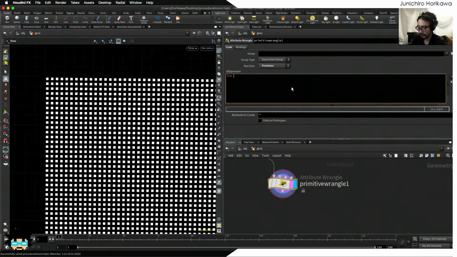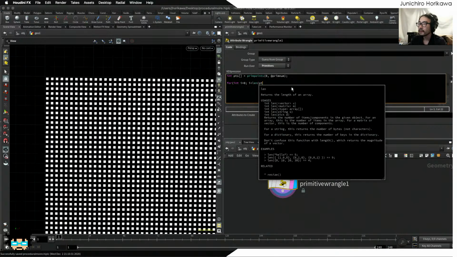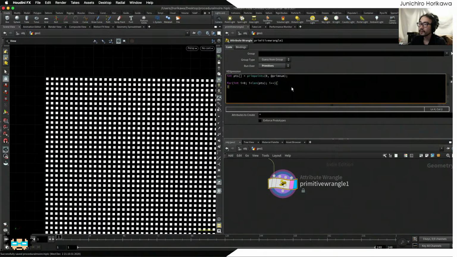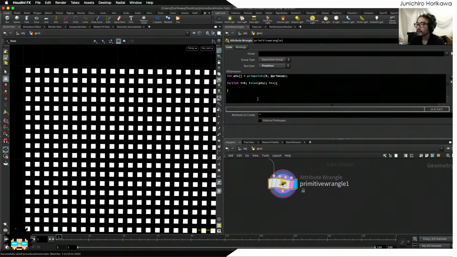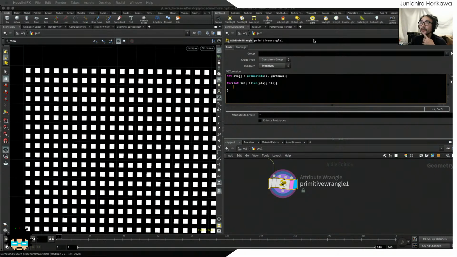So to do that, I need to access the points for each primitive. So I'm going to use prim points and loop through all the points. In theory, you have 4 points here for each square. So I should be looping through the 4 points here. Now let's retrieve a point number, then get the point position,